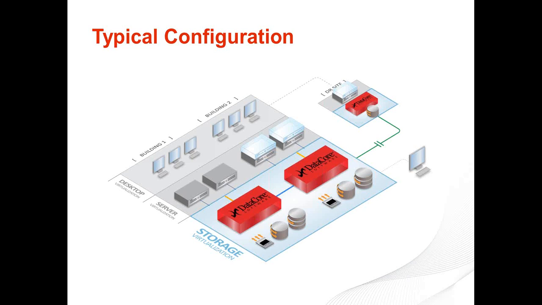And then finally, on the right-hand side of the slide, you notice that we have a third DataCore node, and this is the one that's going to be used as part of a disaster recovery site as part of your business continuity strategy. What this configuration does for you is that it helps you deliver a fast, flexible, redundant system that's going to help you maximize your application performance and also the availability so you can maintain your business operations.